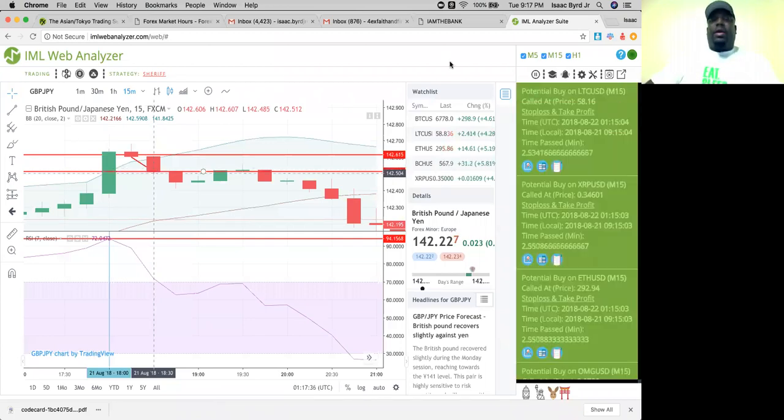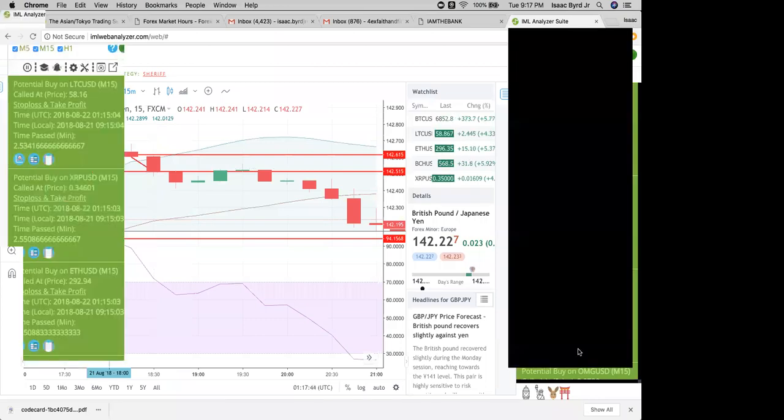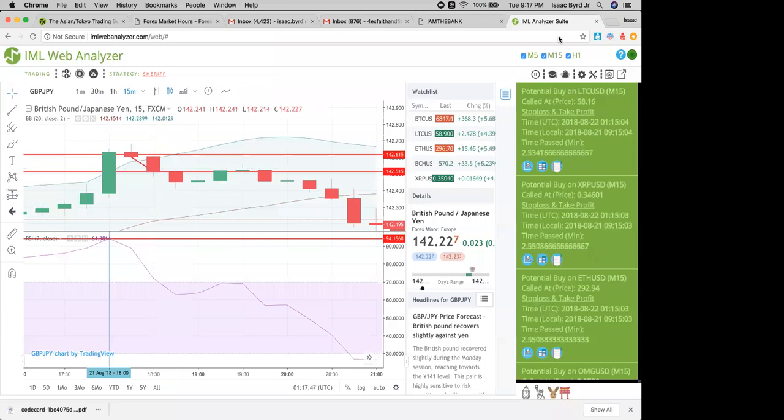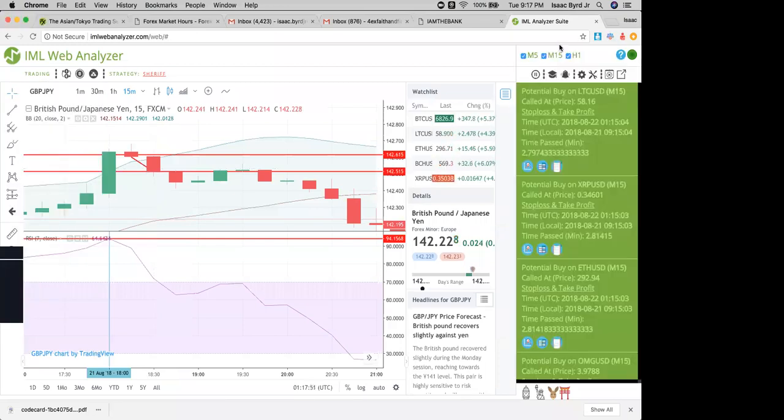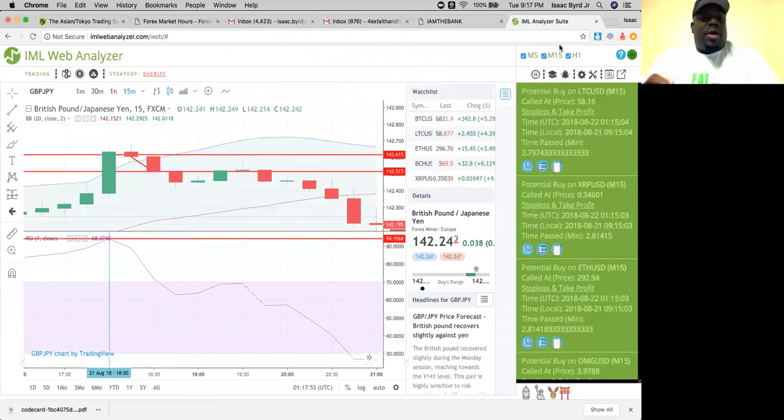So anybody have any questions while we're looking at this? How to look at the chart? How does that work for you? If you're just joining us, thank you for joining us. I'll go back and start over and catch you up to what we're doing with the Sharif strategy. Anybody have any questions?